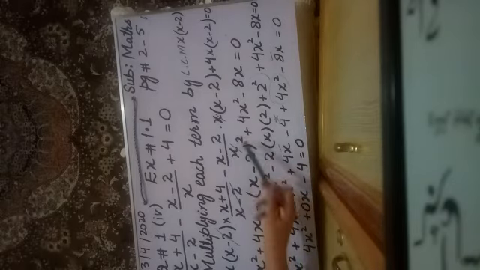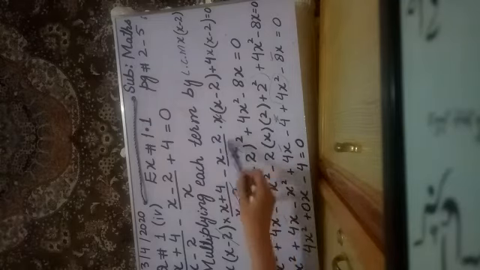Now we can further solve this round bracket in order to write this equation in standard form. So for that we have to simplify this round bracket. x minus 2 whole square means you can write x minus 2 two times and multiply, or the shortcut is that you can apply the formula a minus b whole square, which is a square minus 2ab plus b square. Then we have 4x squared, then we have minus 8x. Again we have to proceed. x squared plus 4x minus x squared, minus is with all the bracket, so you have to multiply minus with every term. Minus x squared, minus minus is plus, then 2 twos are 4x, then plus 2 twos are 4, then 4x squared minus 8x.